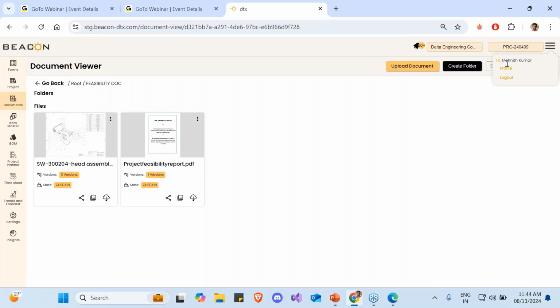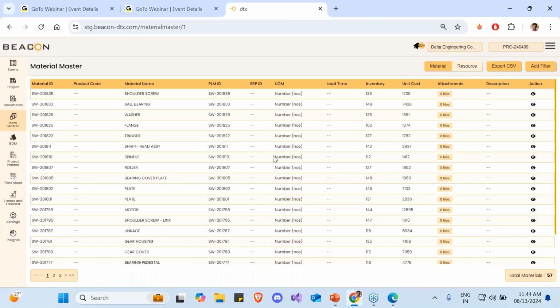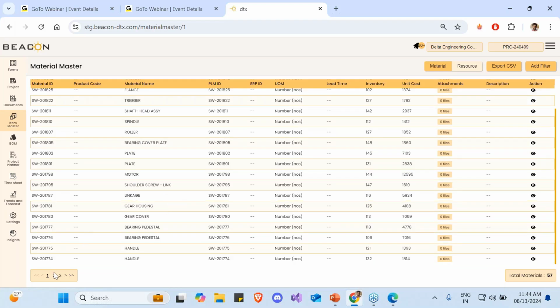Now, currently I am in Monet's ID. So this is my master. Here I can see my item master. These are all the items that I work with when it comes to the product that I'm developing. In this case, it's the product you saw in the image. This is what I produced. So all the items regarding that are stored here, including the raw materials.